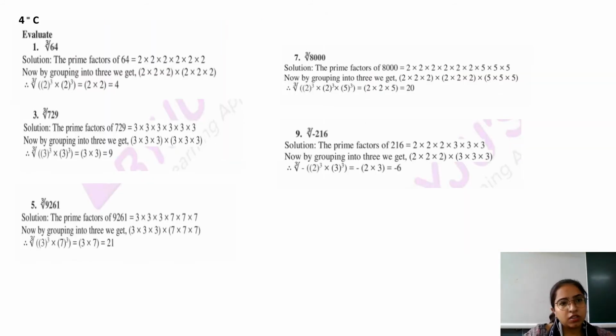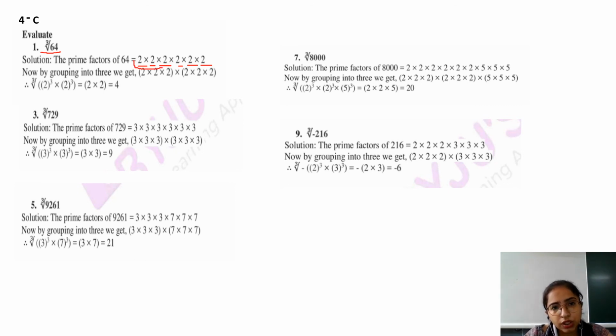Now, coming to the next question, that is cube root of 64. Okay, most of the questions I'm going to cover in this video only. If any question is left, I will give you one more video. Don't worry, okay? Don't panic. So 64, 4 cube. How will you write cube root of 64? You have to make the factors only. Factors of 64 will be 2 into 2 into 2 into 2 into 2 into 2, right? So what you will do, you have to make a group of three same numbers, right?